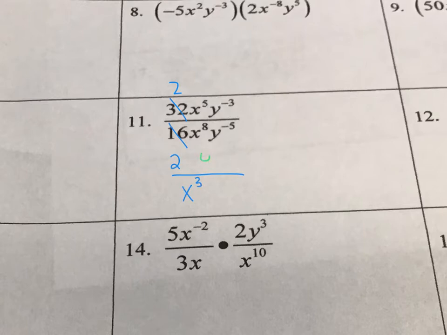I have to flip them over because they both have negative exponents, so they're going to flip. But then, of course, I'm going to reduce here. So I get 2 over x cubed, and then y to the 5th over y to the 3rd. The top y wins by 2. Okay,